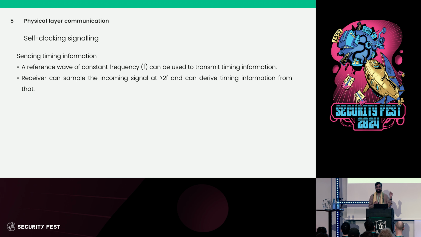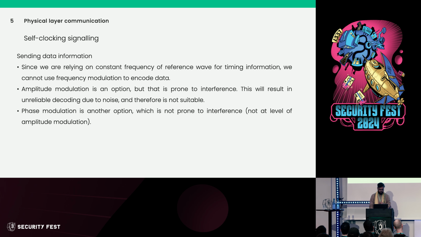Which means if I generate that constant frequency at one end, you can capture that signal at the other end, figure out its specific frequency, and then use that frequency as a clocking mechanism at the other end. Okay? Now, the problem is that you can send timing information this way, but now you can't really send any data with it. Earlier, we were able to send data, but we were not able to send timing. Now we are able to send timing, but we are unable to send data. So what do we do?